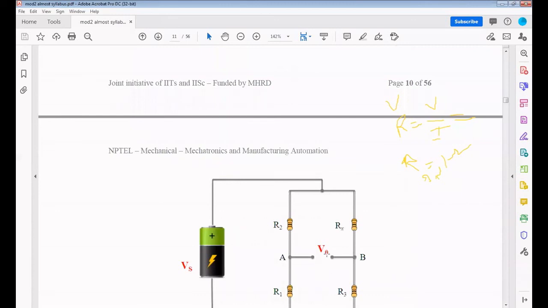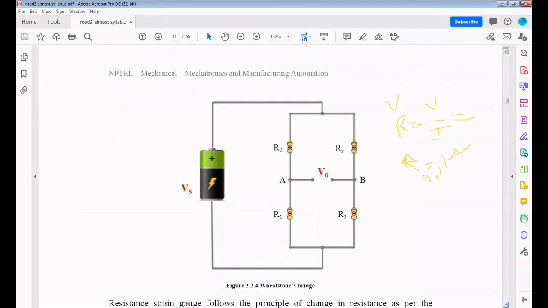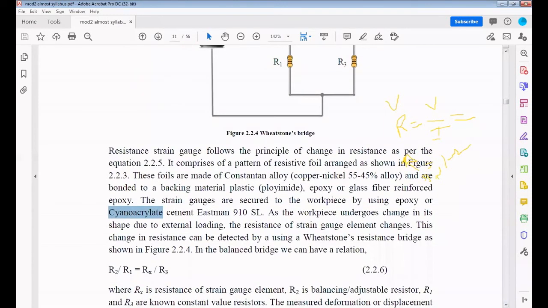So previously we know the resistance of that particular entire length of the material, according to the length of the material. But after compression, we don't know the resistance of that particular length of the material. We can find it out by using this Wheatstone bridge. So the entire material we connect here, and then we can find out the resistance. Already we know the formula in the Wheatstone bridge.